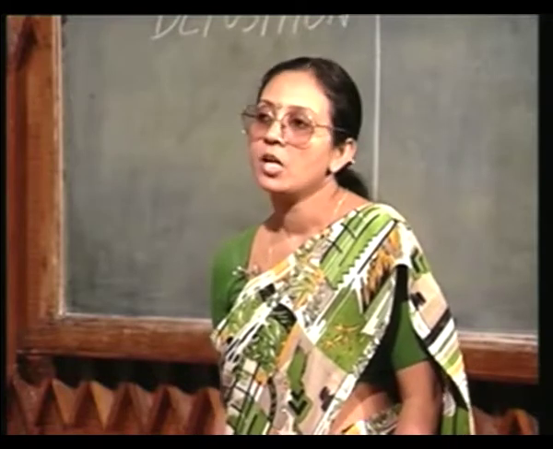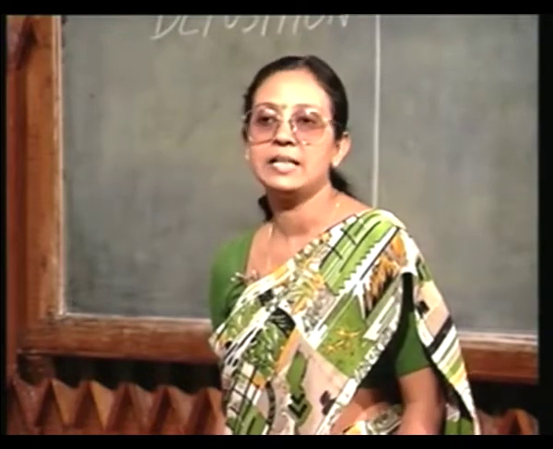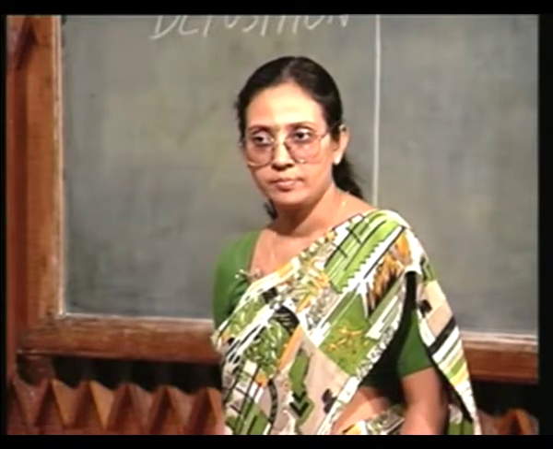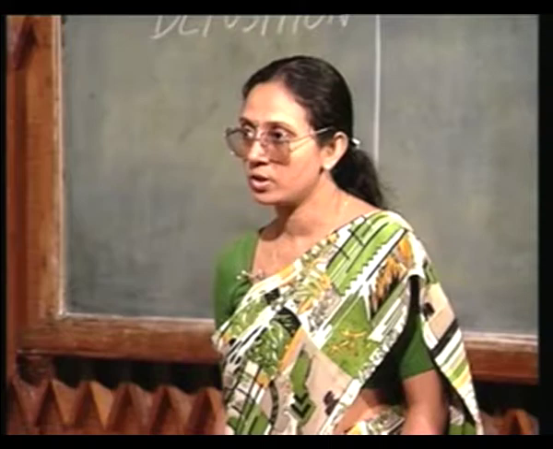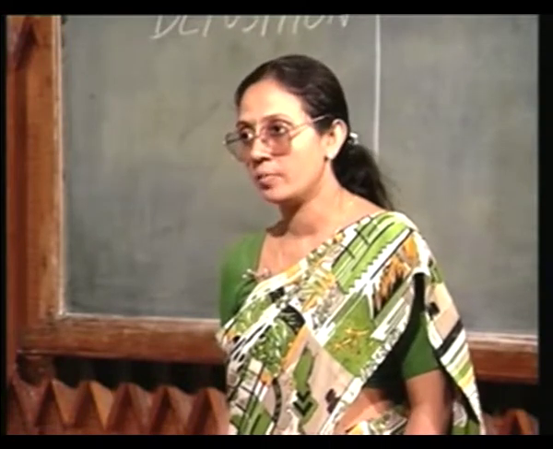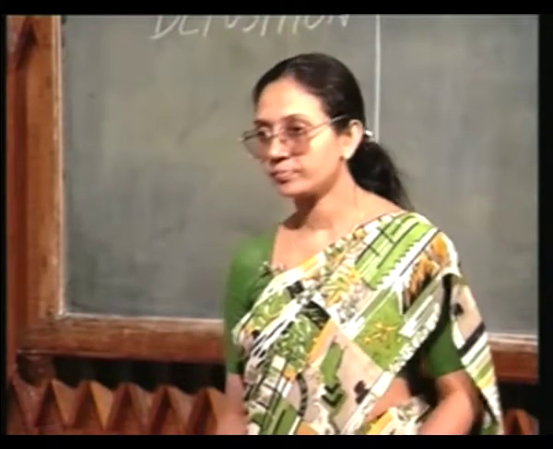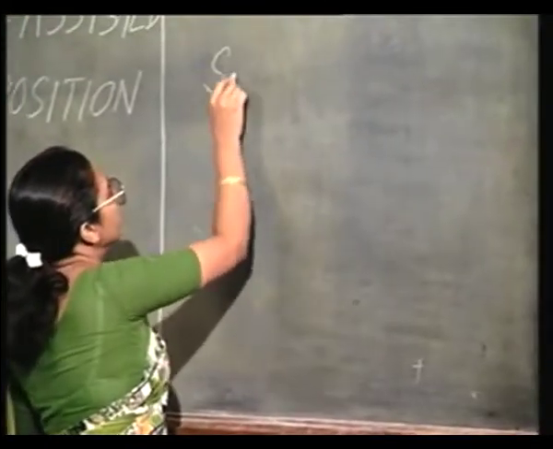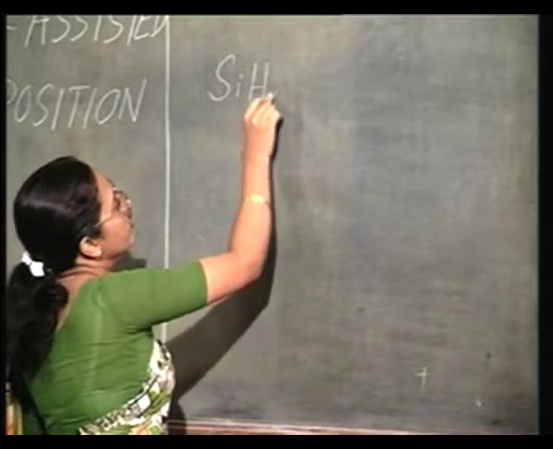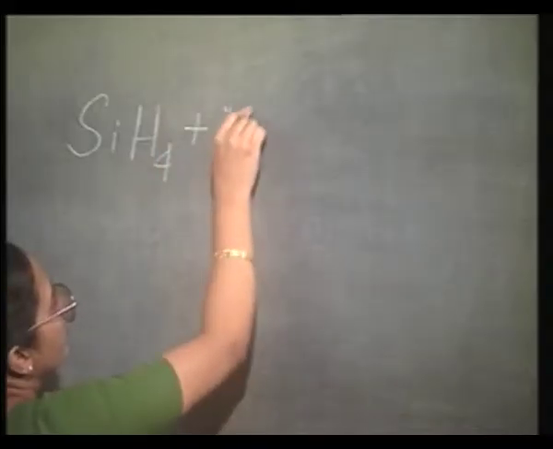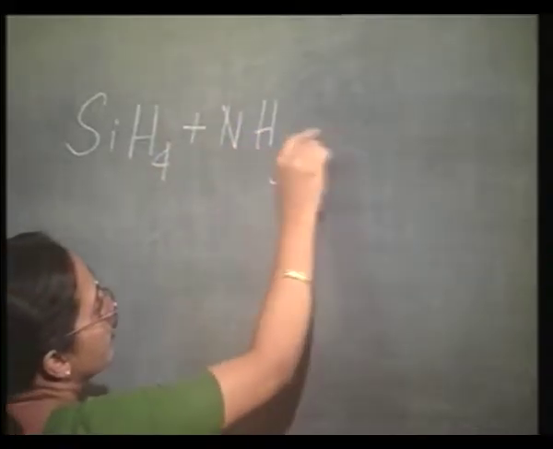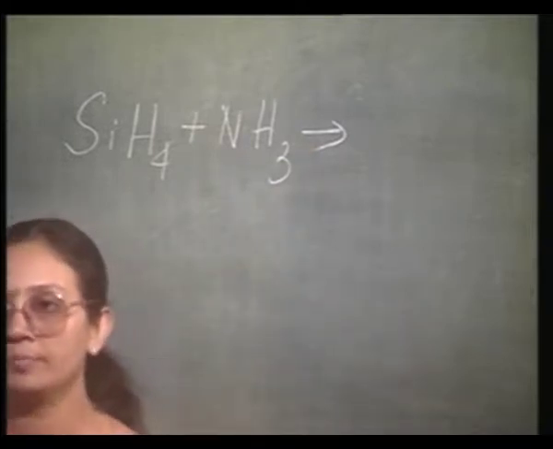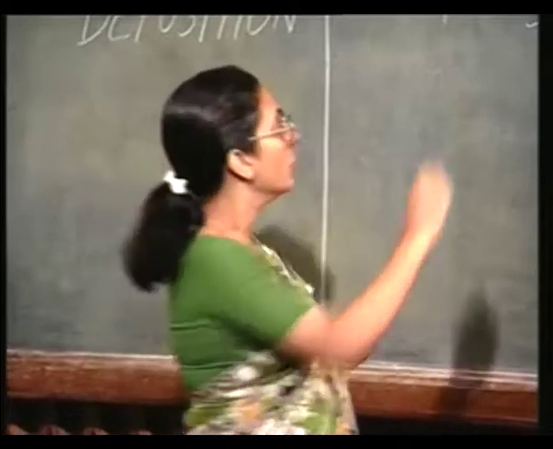So, make silane react either with nitrogen or with ammonia. That is, your plasma is either a nitrogen plasma or an ammonia plasma. Okay. So, you can have it either as silane plus ammonia, which will give you